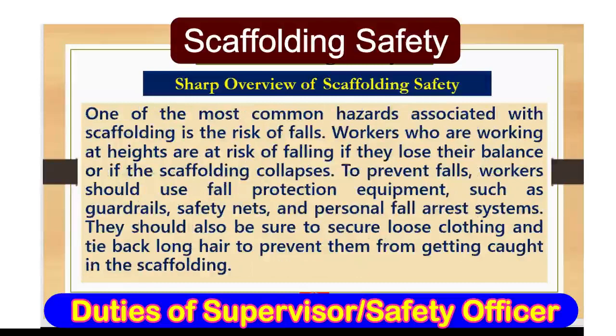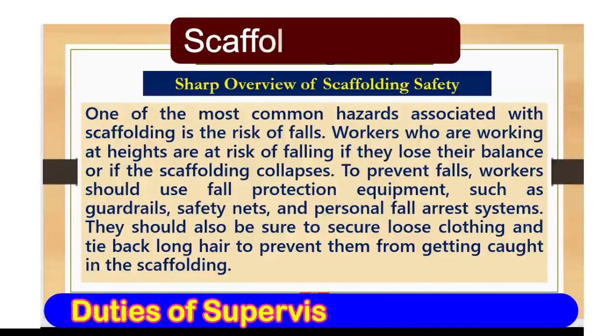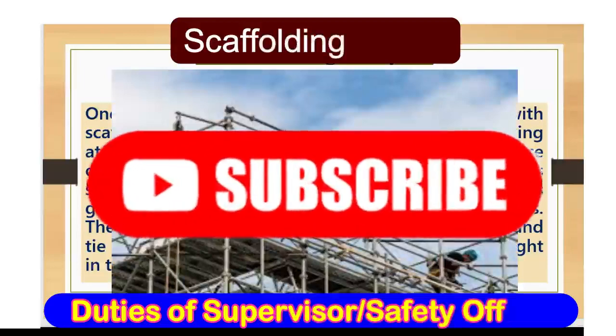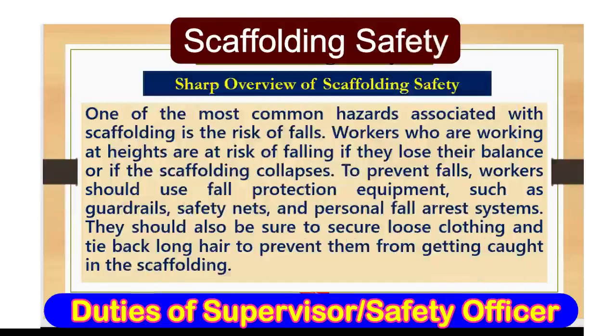One of the most common hazards associated with scaffolding is the risk of falls. Workers who are working at heights are at risk of falling if they lose their balance or if the scaffolding collapses. To prevent falls, workers should use fall protection equipment such as guardrails, safety nets, and personal fall arrest systems. They should also be sure to secure loose clothing and tie back long hair to prevent them from getting caught